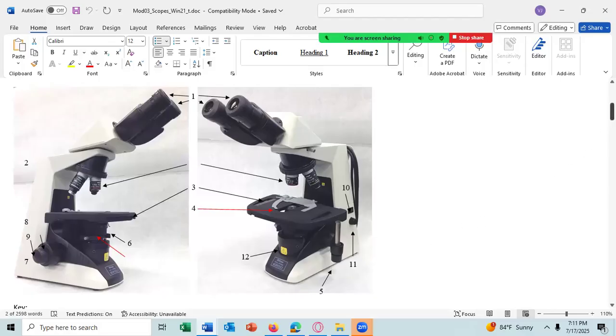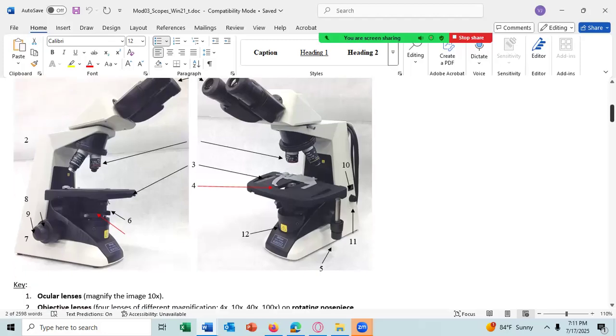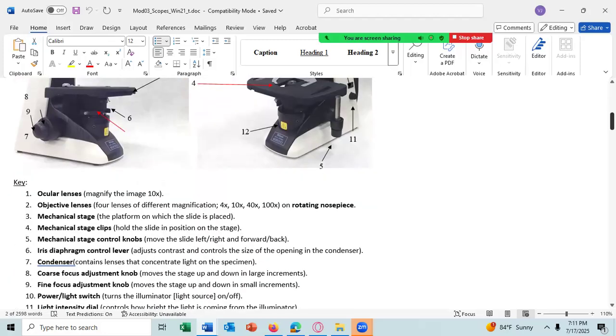The red arrow is the, well, maybe I should look down here and see which one is which. It looks like the red arrow is the, oh gosh, what is that called? Condenser lens. That simply puts a cone of light from the lamp up here onto the specimen. So 6 is the iris diaphragm. And like I said, that looks like it right there. This looks like the lever for opening and closing the iris diaphragm.